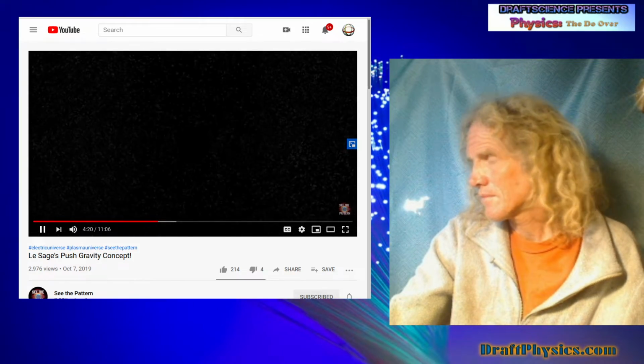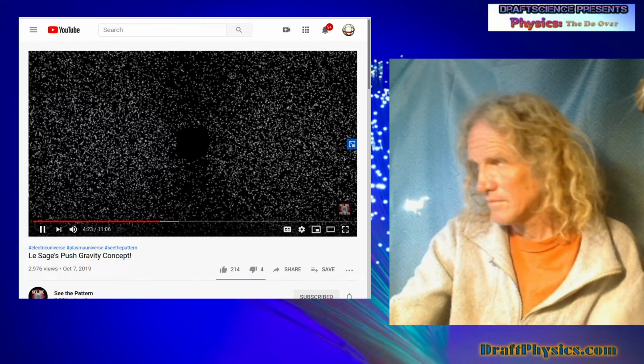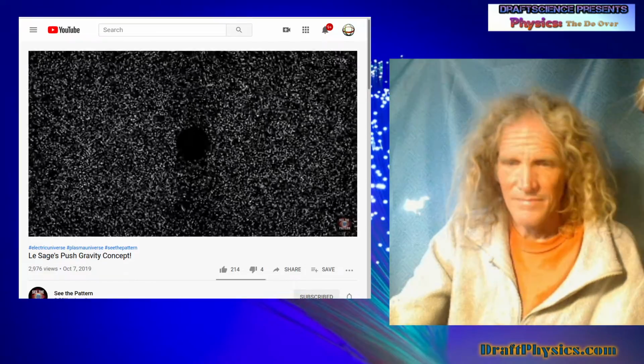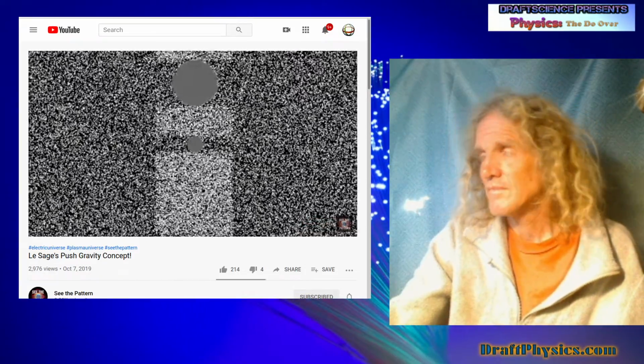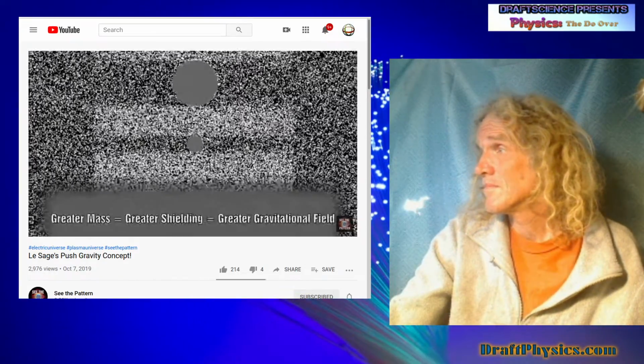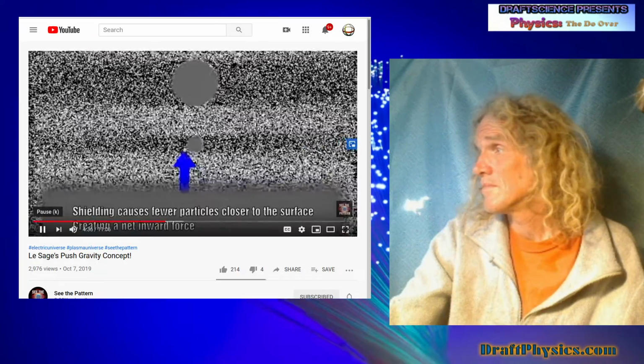To complete this picture, we must take this 1D view and add in the movement from all possible directions. And when this is done, what we will find is that this theory not only produces a force which is proportional to the mass, but also falls off with the square of the distance between them.